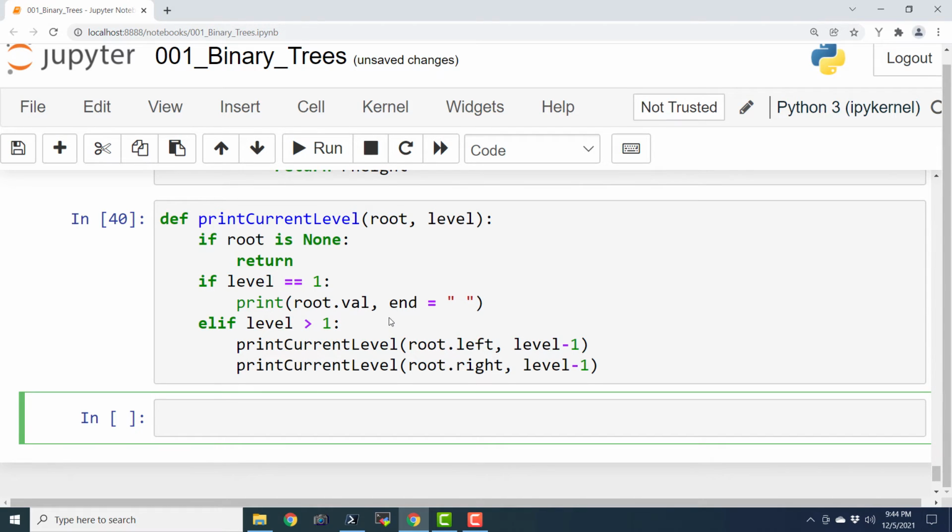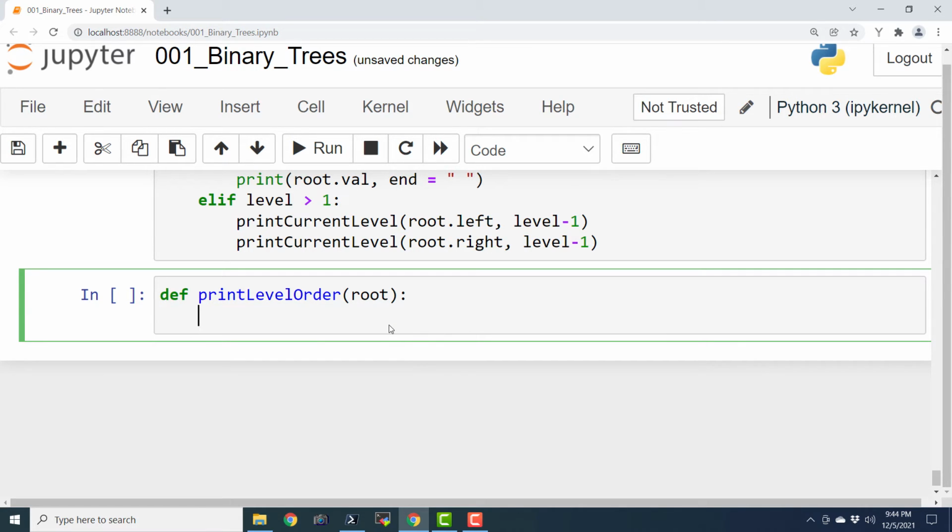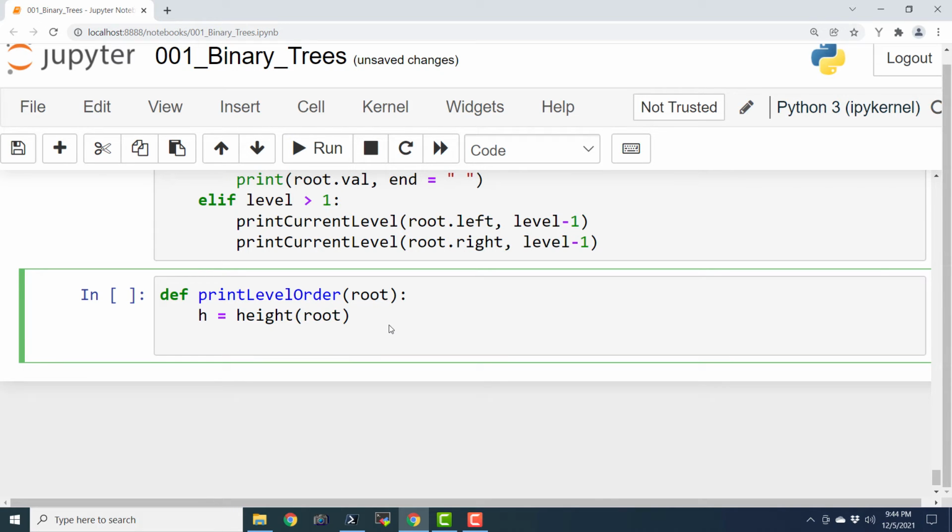Now we are going to write our main function that is going to print the level order: def printLevelOrder(root). h equals height of root. We are going to have print statements once we see the entire code is running perfectly.